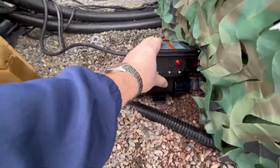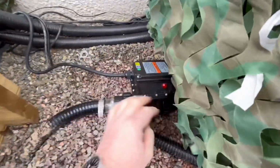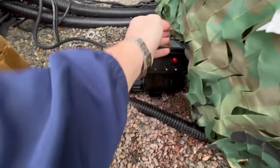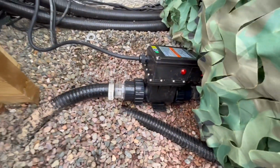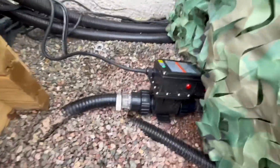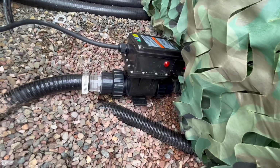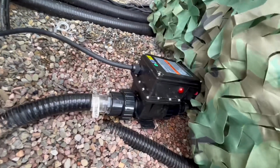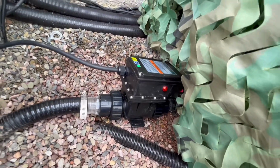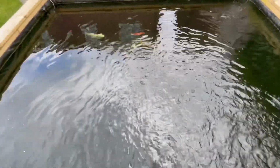There's no heat to this, you know. I expected it to be quite warm. Naturally, it's a heater, but actually, no. So the red light is on. That's your flow switch. As I said yesterday, you can go down to a minimum of 2,000 litres. The one I've got it on, I think, is 10,000 litres an hour. So 5 or 10, can't remember. But yeah, all seems good so far. And the fish seem to be...